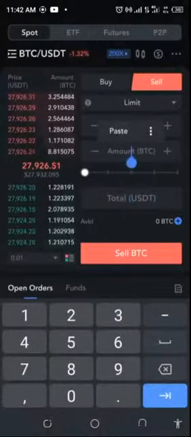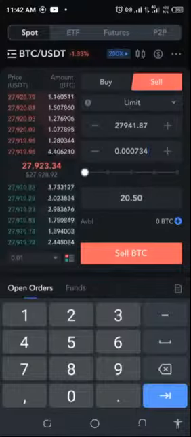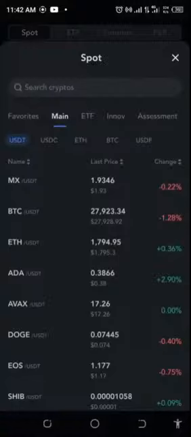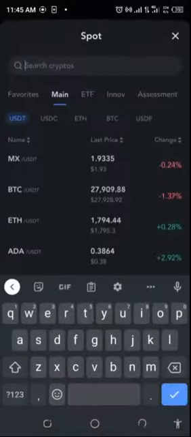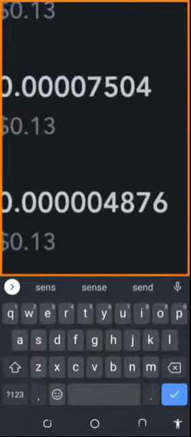Let's see. 20.50. It's really gone down. We only have 15 cents extra. Would I want to do this? Nah, let's try this out with ETH. Let's try and see whether this can still give us something else. Okay, let's try this out with ETH. So let's check on ETH. That should be Senso. Okay, Senso ETH. Well, everything still looks like it's the same price, but